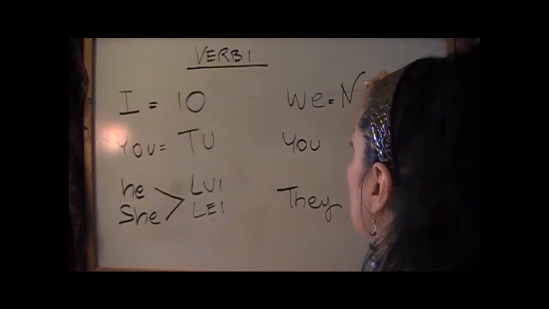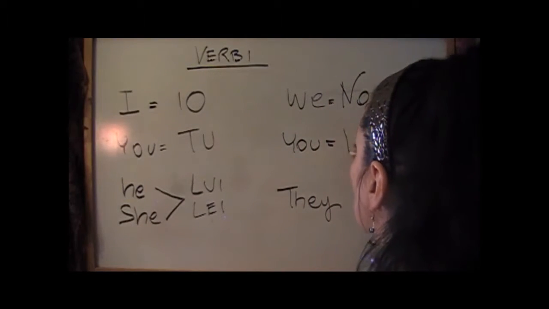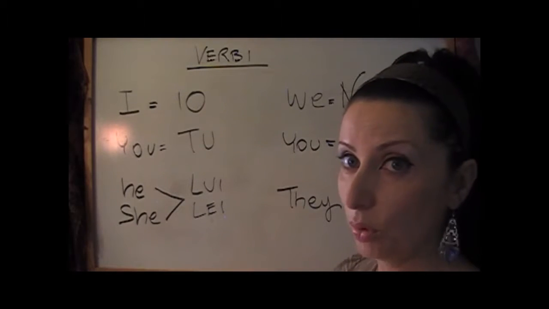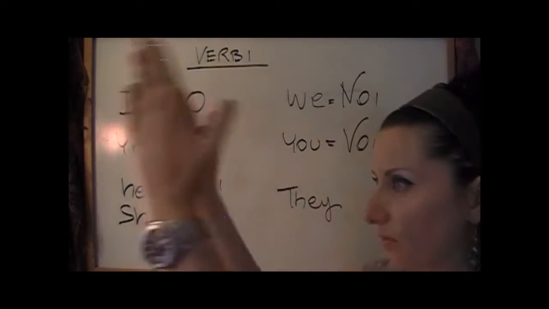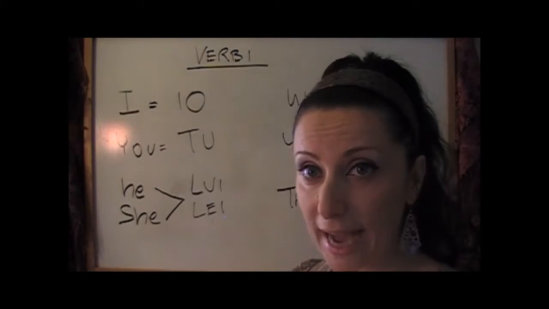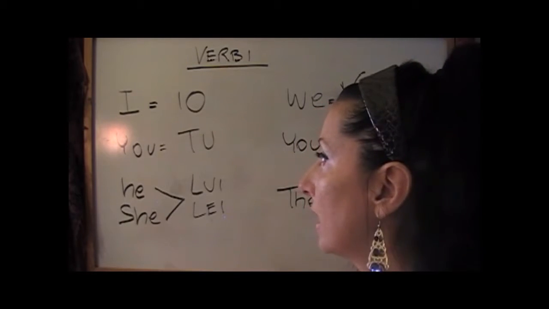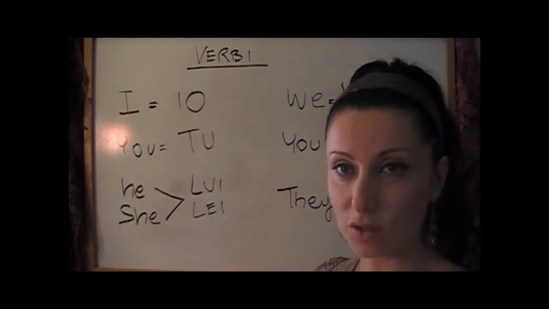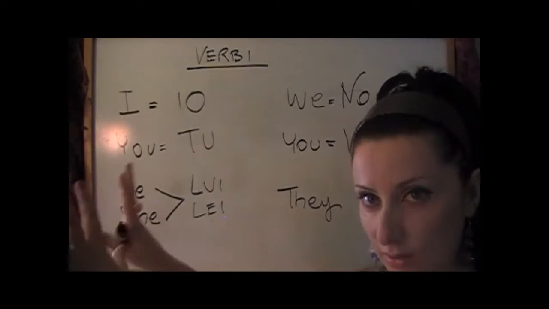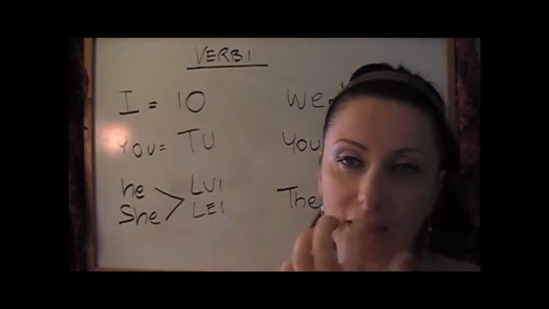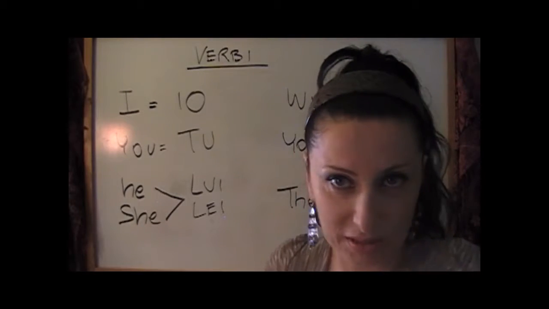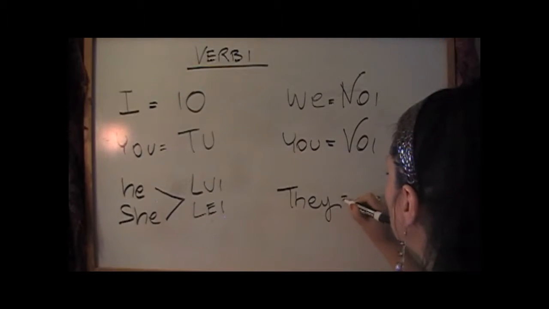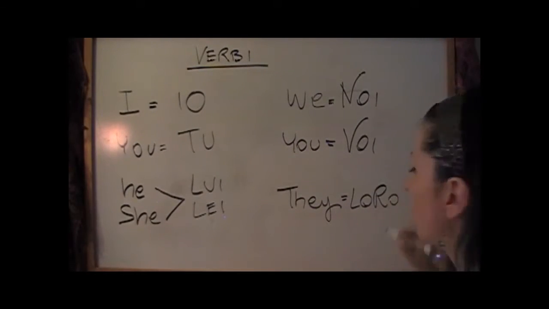We, in Italian, is noi. You is voi, you plural, because in English you have you when you refer to one person and you when you refer to 100 people. Not in Italian, nor in other languages. In Italian we have tu for one person and voi for you plural. To make it easier, I say you guys. I could say y'all because we are in the south, but I like to say you guys. They, in Italian, is loro.